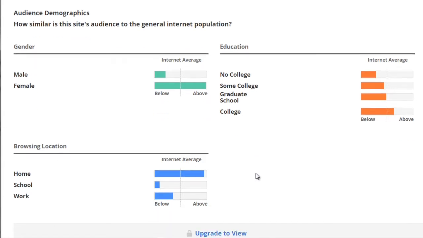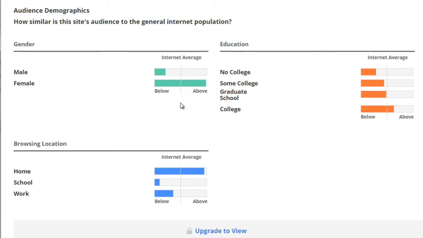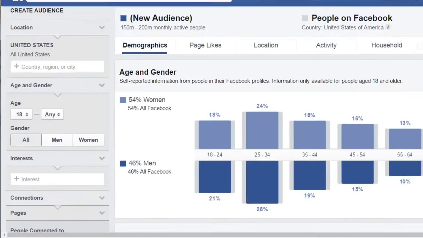So we can see that the majority of it is female. It looks like about 90-95% female and about 5% male, or maybe a very, very small percentage of male. Then we can see that these females have at least college or graduate school, and they surf primarily at home. Now, that's all the data that we need right now, because we can always use the next step, which is